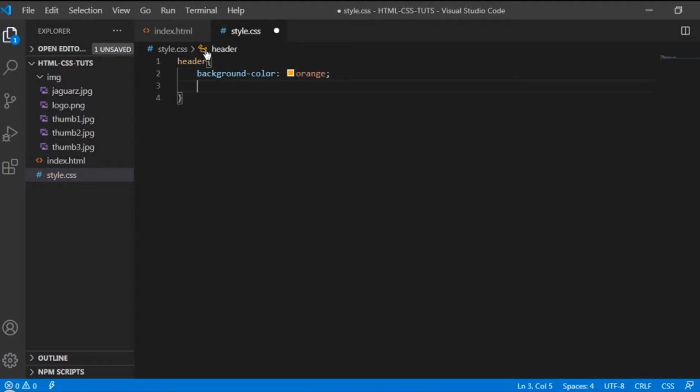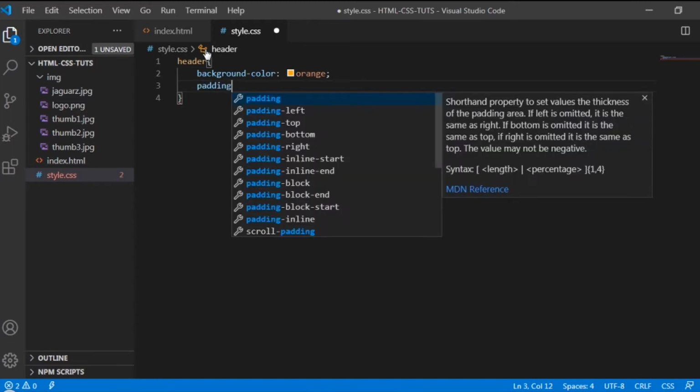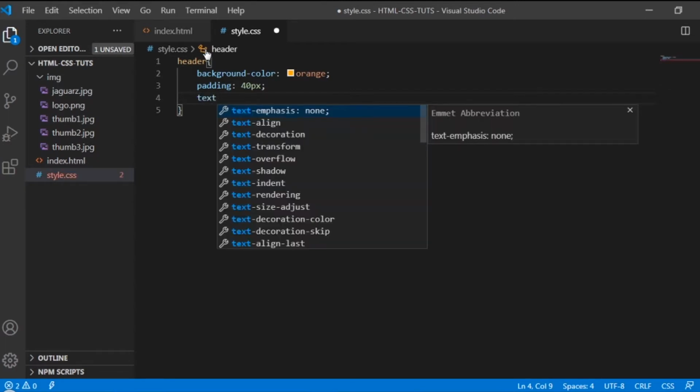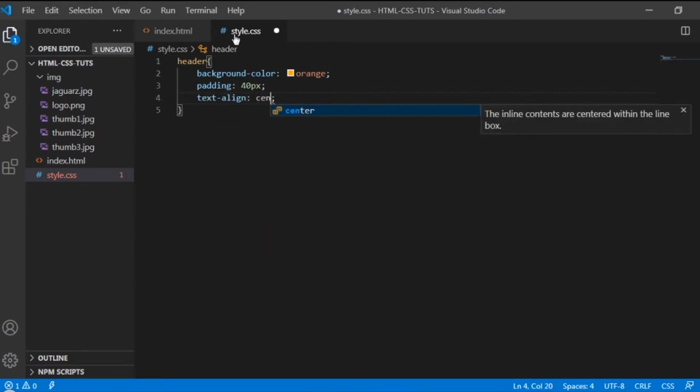And then I will put a padding so that there will be padding in the header. Let's say the padding is 40 pixels, and I will align the text. If there will be text, then I will align it center. So text align center.